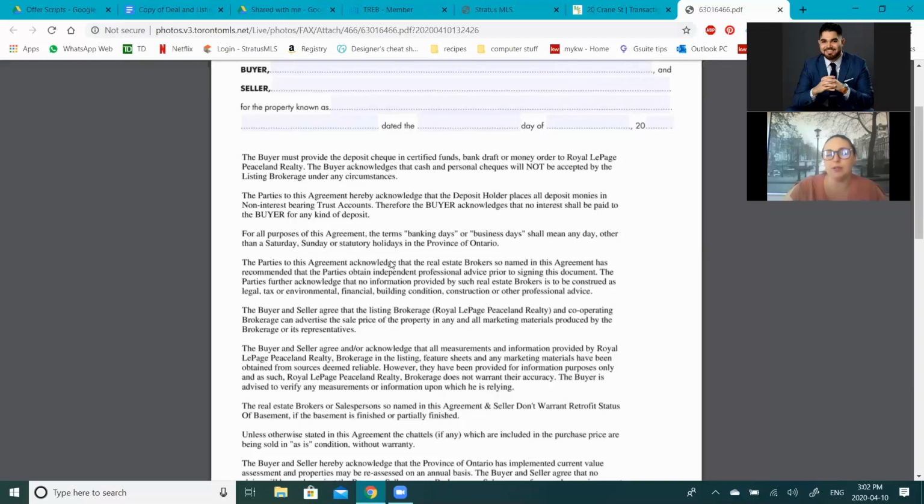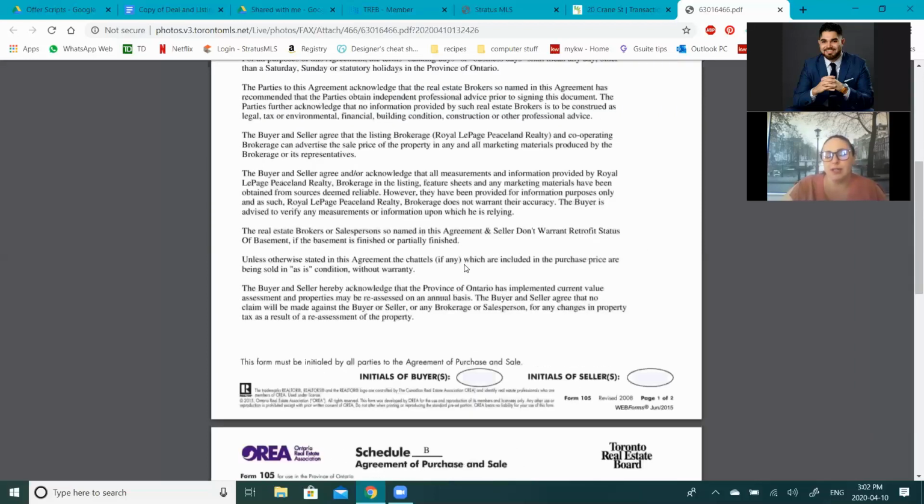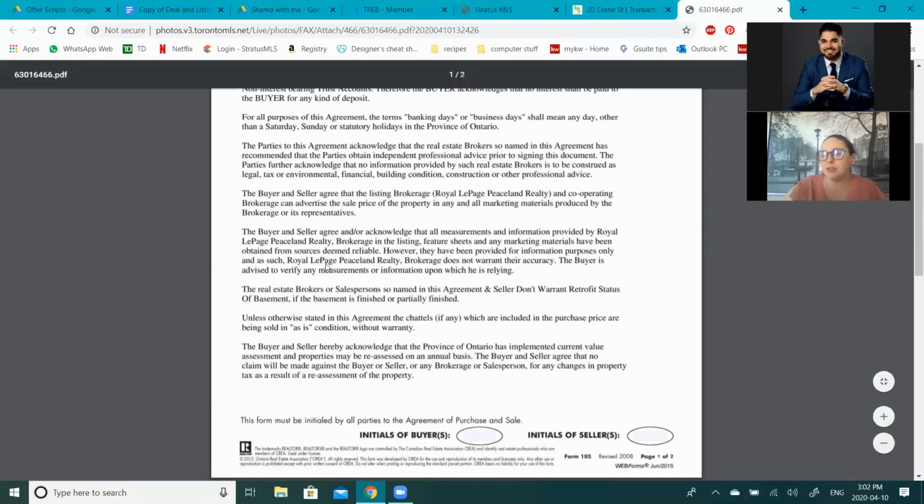So, the parties' agreement: they acknowledge that the real estate brokerage in this agreement has recommended independent professional advice prior to signing documents. Blanket clauses, right? What you do need to make sure, though, is that whenever there is a Schedule B of any sort, you have to read it, because it can't contradict your Schedule A. So if you have a condition, for example, this one comes up a lot: "Unless otherwise stated in this agreement, the chattels which are included in the purchase price are being sold in as-is condition." So if you just list the chattels and fixtures under the chattels section, but you don't have a clause in your Schedule A saying the chattels and fixtures will be in good working order,